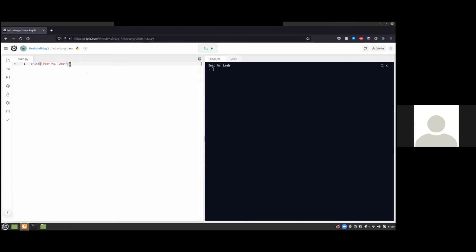But I think an easy way to wrap this part up, to think about it, is, again, there are instructions, commands, or things to do, and then there's data that you do it on. So in Spotify, you might press play, and the action you're taking is play, and the data is the song itself. Here in Python, in the much simpler world, the action we're taking is printing, and the data is our words or our apology letter.